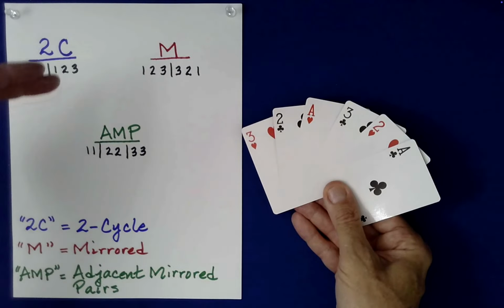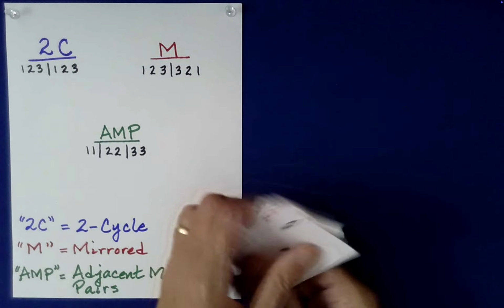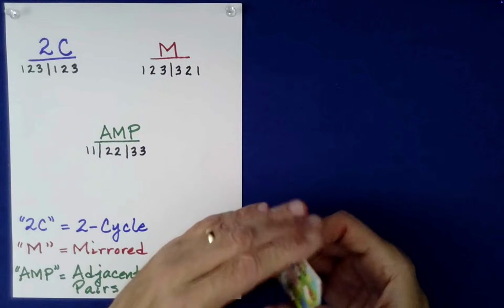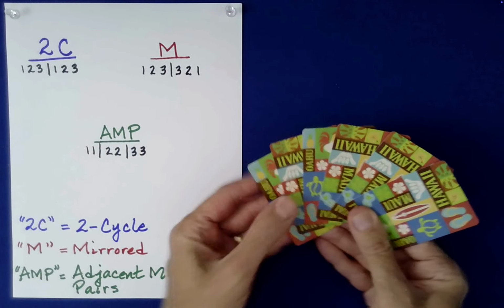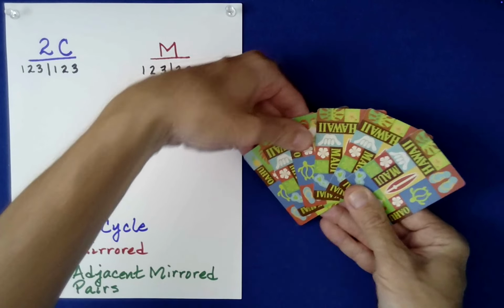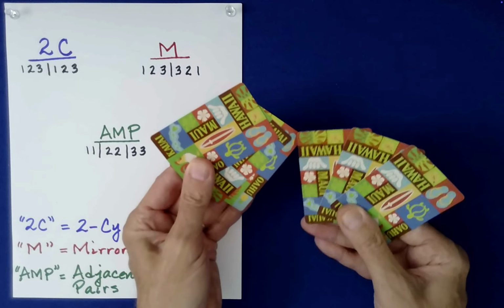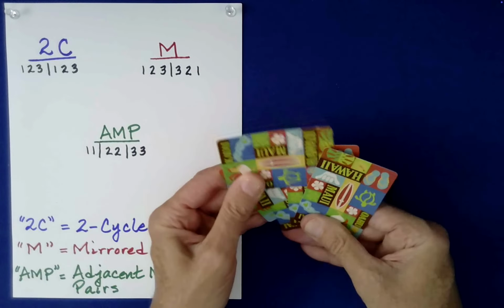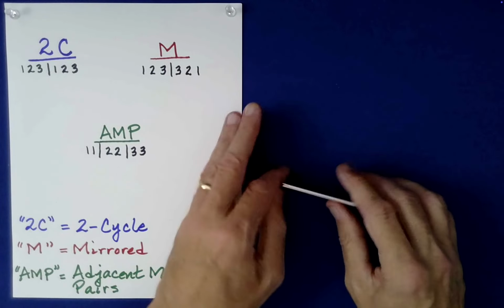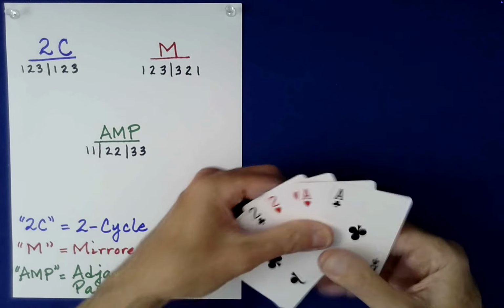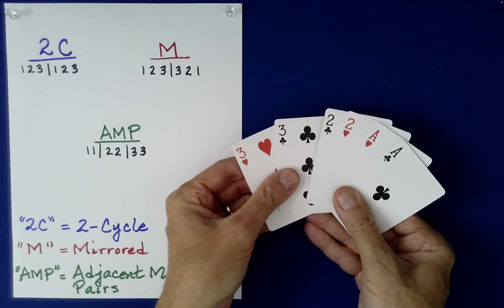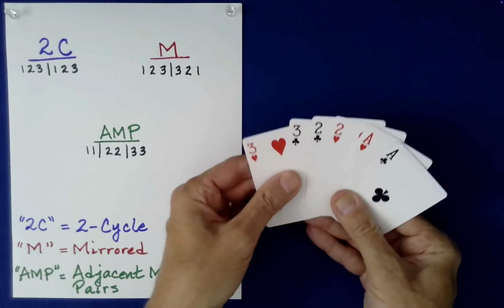Okay, and there's an easy way to go backwards too. One way is to use the Farrell shuffle. If you've heard of Farrell shuffle before, this is where you divide the cards exactly in half, and then you just perfectly interlace the cards, and that will take it back to an AMP. Okay, so here we'll have 3s on a couple of 3s, a couple of 2s,